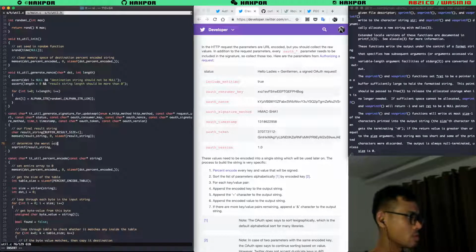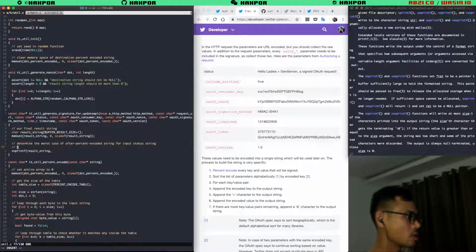Determine the worst case size after %encode for the input status string. Okay, so it's going to be the status string length.